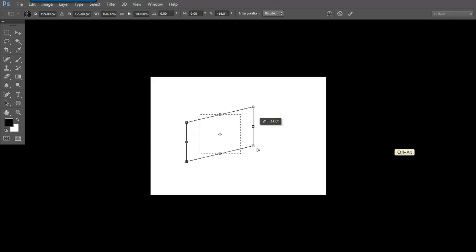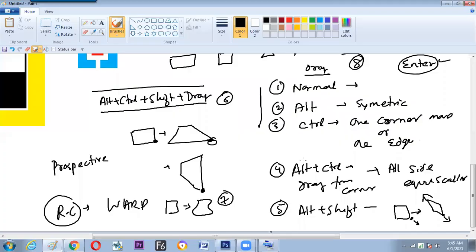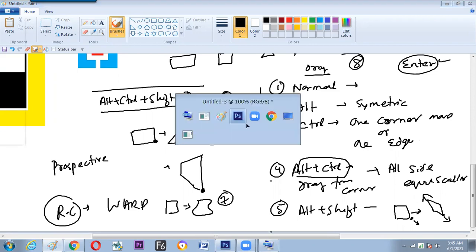So let us see all these things in a practical manner. So Alt and Control combination event, but not from the edge and not from the corner, it is from the edge. So the same Alt and Control we have used, Alt and Shift we have used. So check, what is this, Alt and Control only I am using, but at that time we dragged from all the sides and corners, but now holding the edge and getting the event in a different manner. Fine then. So let us move into the practical output now.